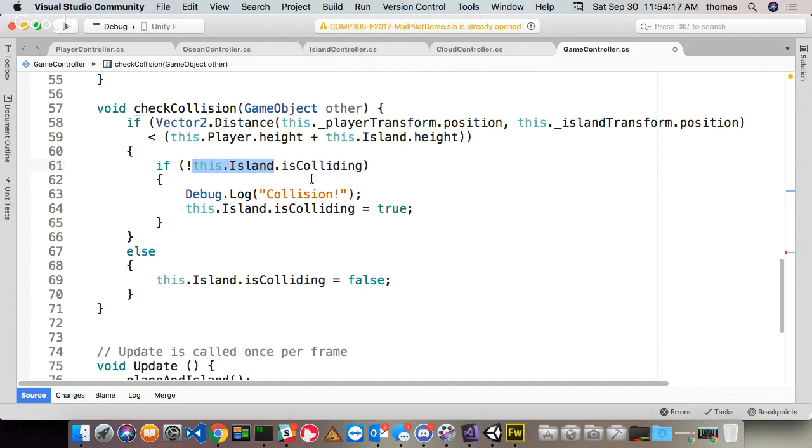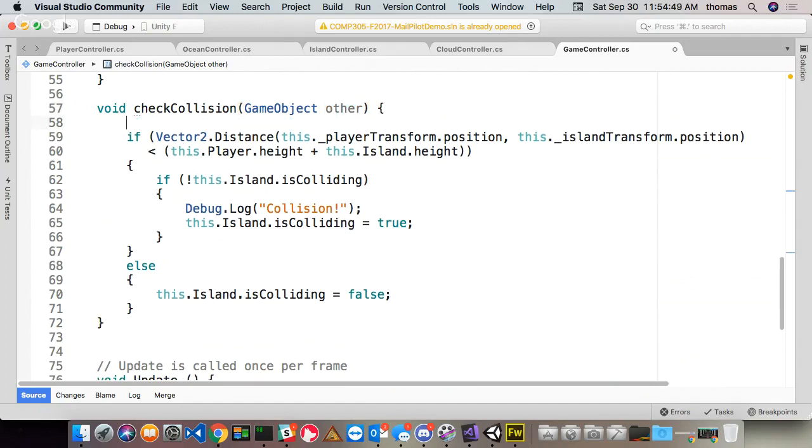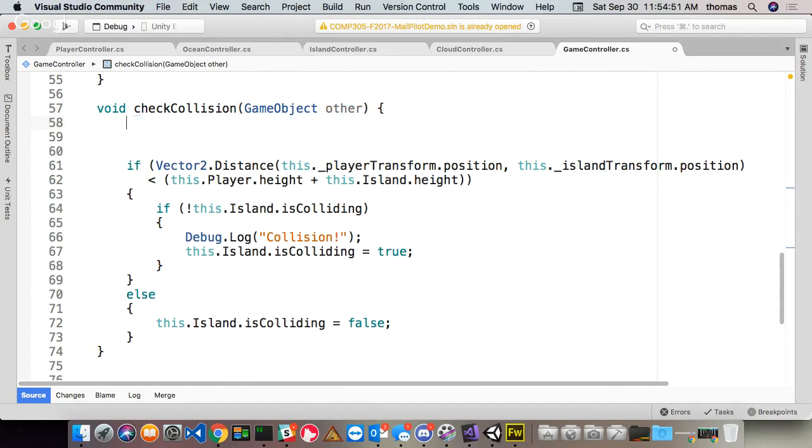But here's the problem, right? I'm checking to see which one is colliding. And I also want to check that is colliding, the is colliding part itself, right? Notice, it's not going to work, right? So I need to cast my other, depending on what it is, to the type, right? So before I continue, because this is not going to work, I need to do something like this. I got to say something like, well,